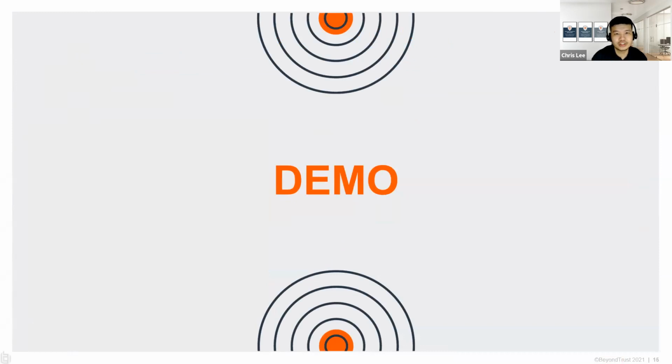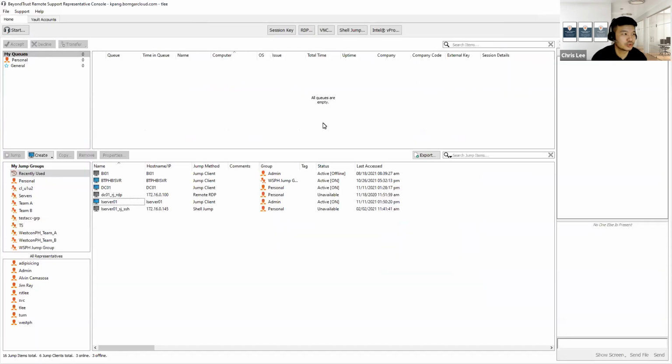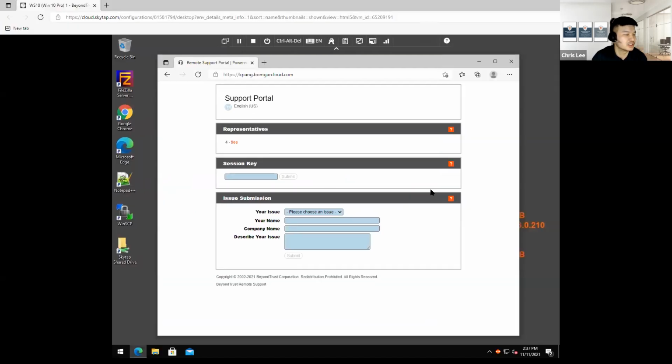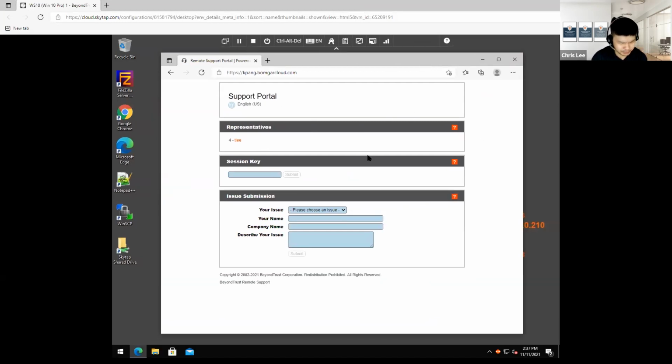So what I have here is a remote support tool logged in as a support personnel. From this console itself, he or she can manage all the incoming requests from the users. From a user's perspective, it's pretty easy to get help from BeyondTrust. If you look at this machine right here, which is running somewhere in Australia perhaps,